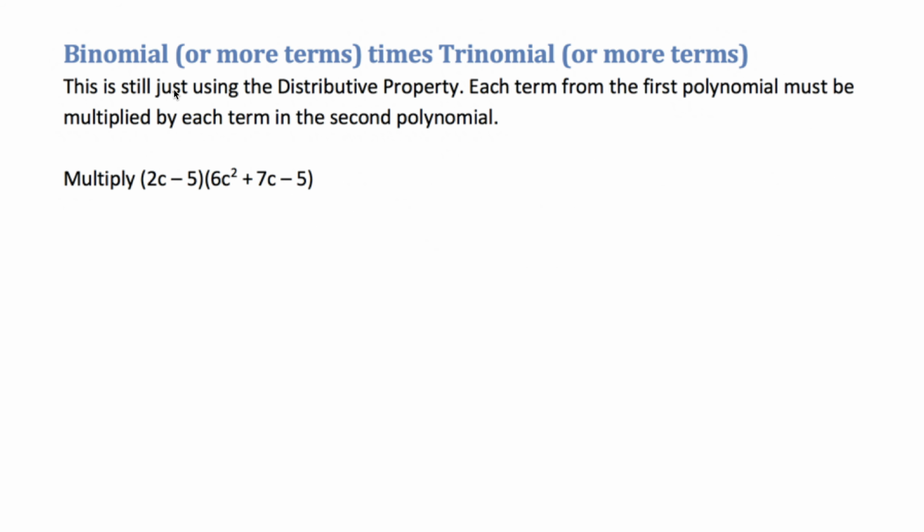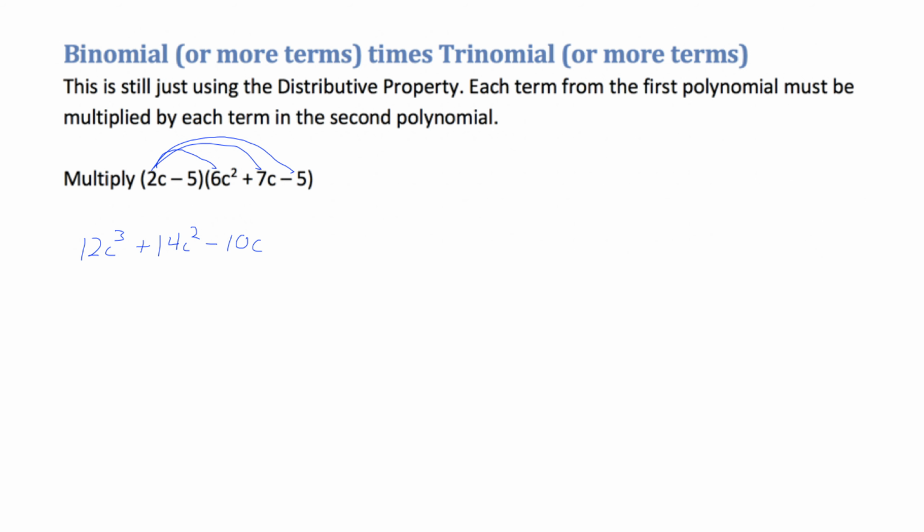The last thing, we can't use FOIL anymore, but this is still just using the distributive property. Each term from the first polynomial has to be multiplied times each term in the second. So let's work our way through this. We're going to take this 2c, and this 2c has to be multiplied by each term. So it's going to be multiplied by all three terms in this trinomial, which will be 2c times 6c squared is 12c cubed. 2c times 7c, so plus 14c squared, and then 2c times negative 5, so we have negative